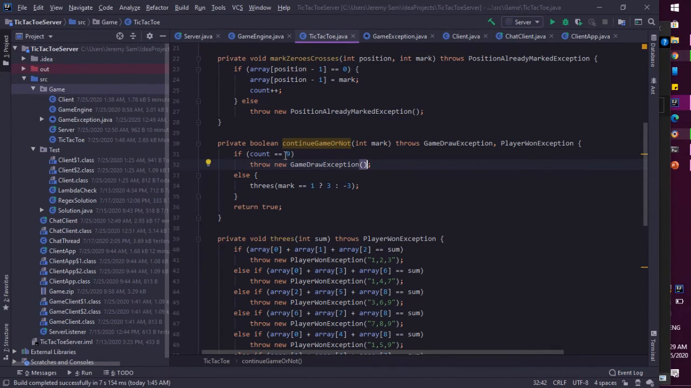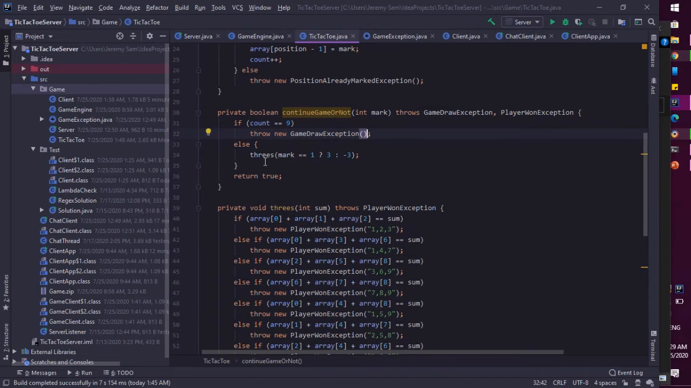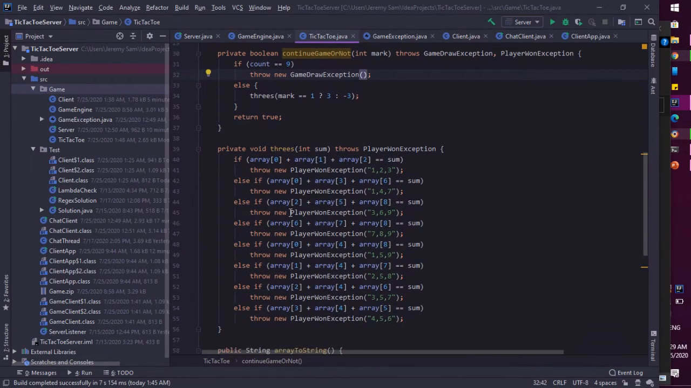If the count is not equal to 9, then we will check if there are any possible threes formed in the array or not. In the possible threes, our logic here is we will be taking 3 indexes together, adding them, and comparing it with the sum. So what will be happening here, I told you, the x will be translated to integer 1 and